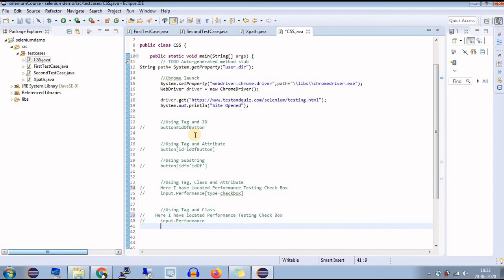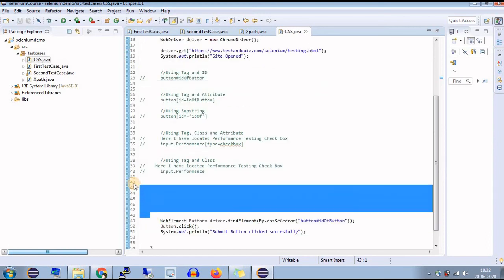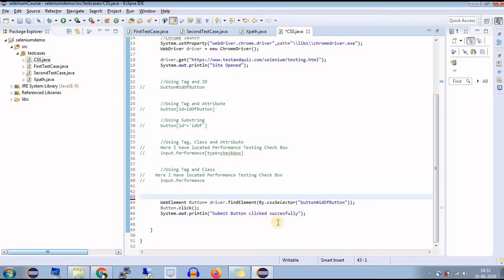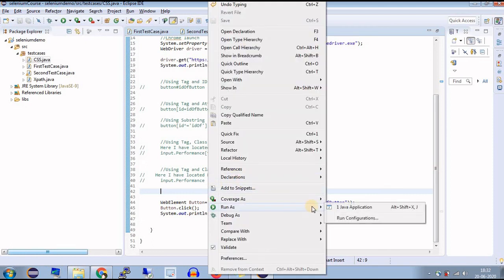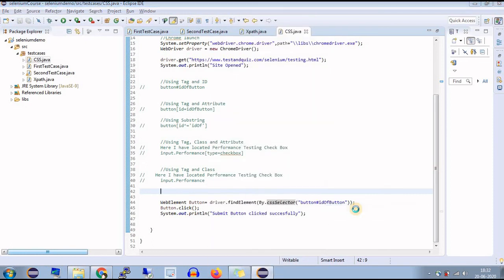Now we'll try one of the elements by executing the program. This is the program I have written to click on the submit button. On this line I have written the code to find the element using a CSS selector, using the first type, tag and ID, and then I have used the button.click method. This method will click on the button. Let's save and run the program as a Java application.